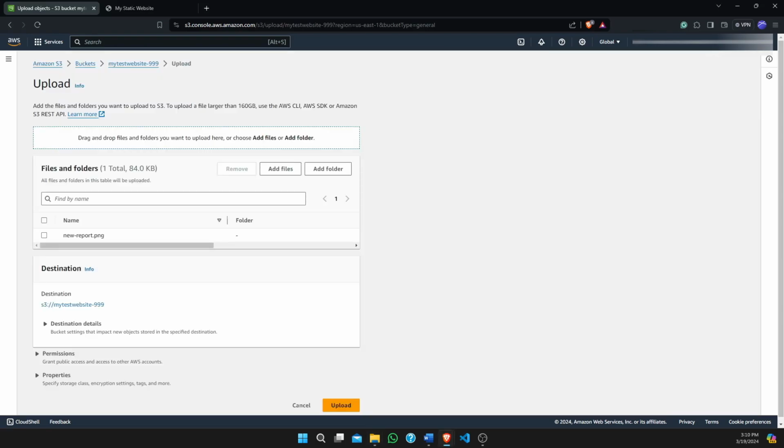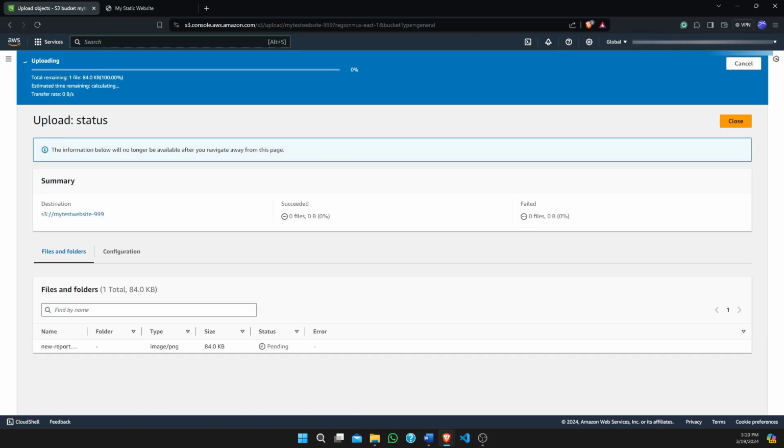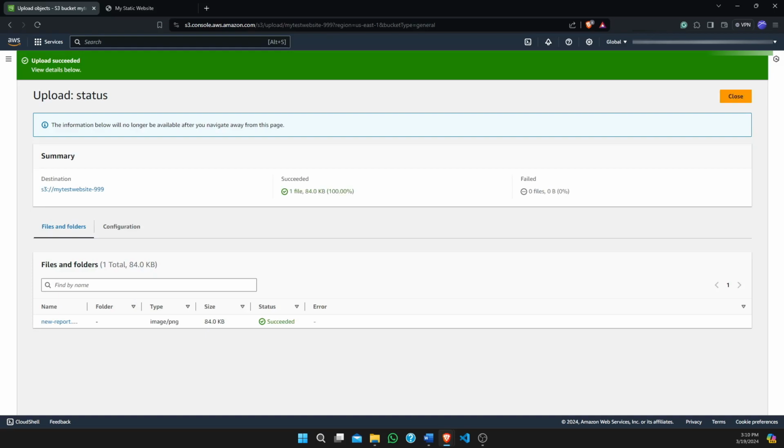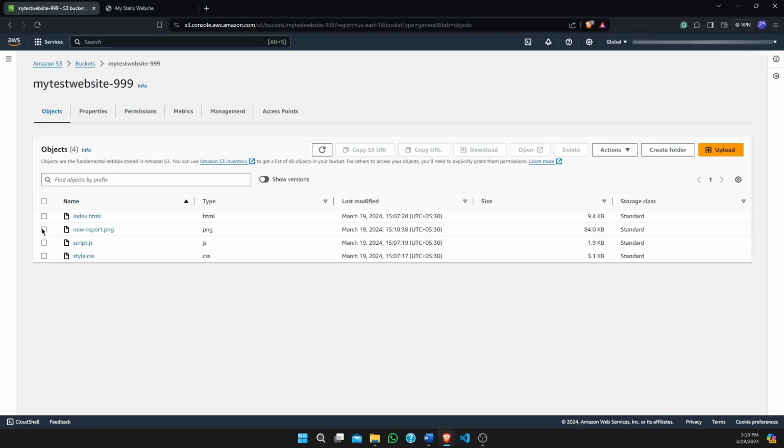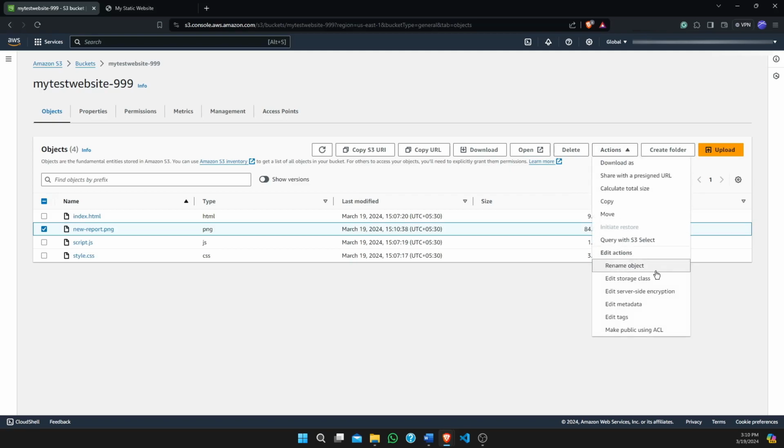Now we will just upload it. Once the object is uploaded, let's suppose this was the object that I uploaded. From the actions tab, we can see there is one option called share with